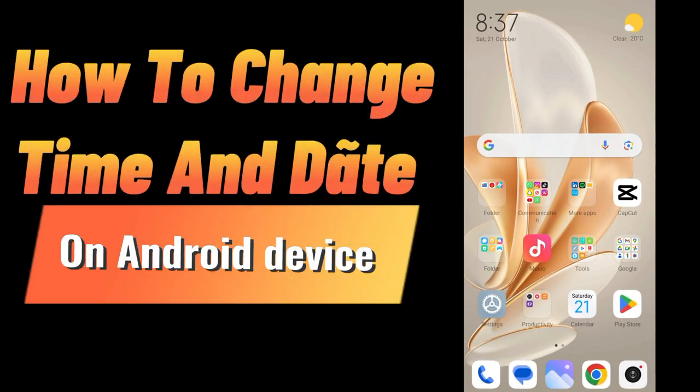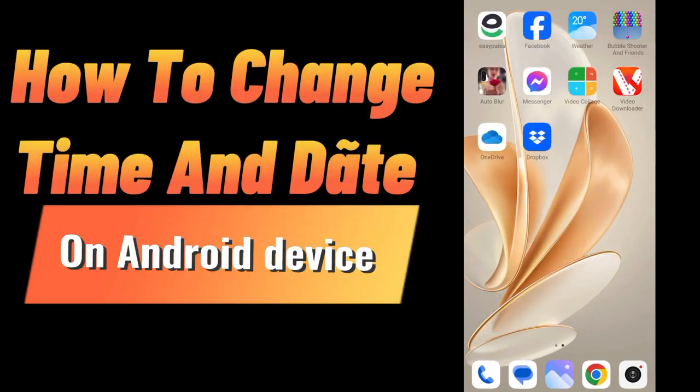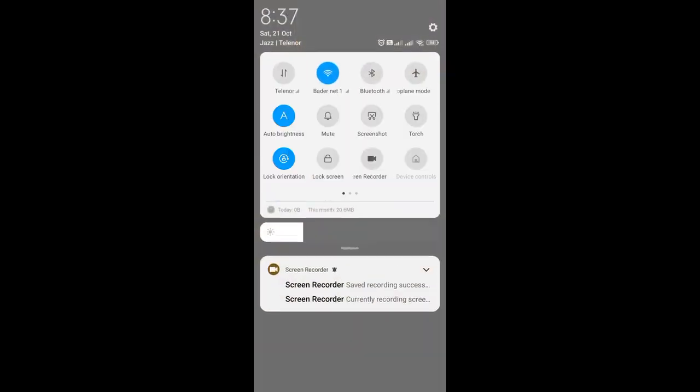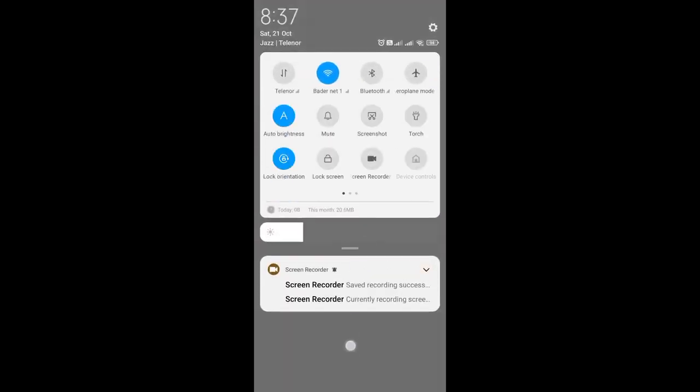In this video I'm going to show you how you can change your time and date on your Android device. It's super easy and we will make sure you get it right. Just make sure to watch the complete video carefully to avoid forgetting anything and making mistakes. So let's get started. Here you can see I have swiped down from up to down, and you can see